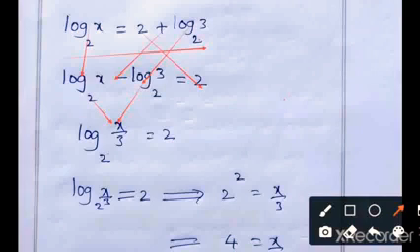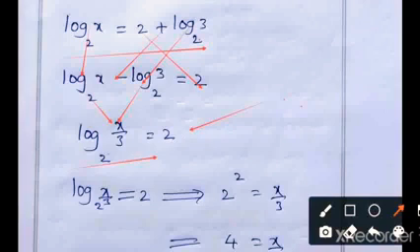We have learned 3 formulas, just 3 formulas used in these sums. In that, the second one is this formula. This formula was used in our previous sum also, log 7.5, where we wrote it as 15 by 2. In that sum we used that formula. By using that formula, it changes like this.